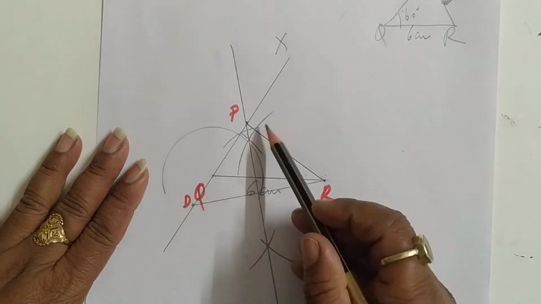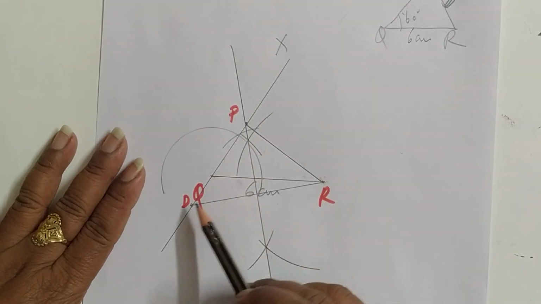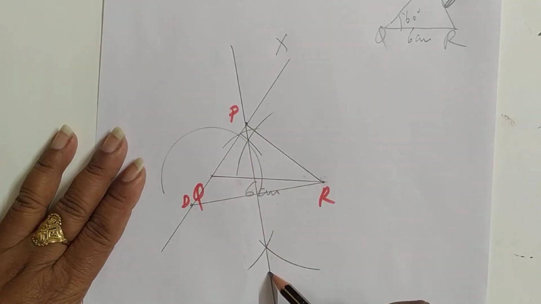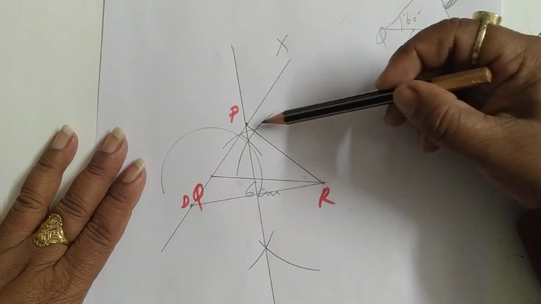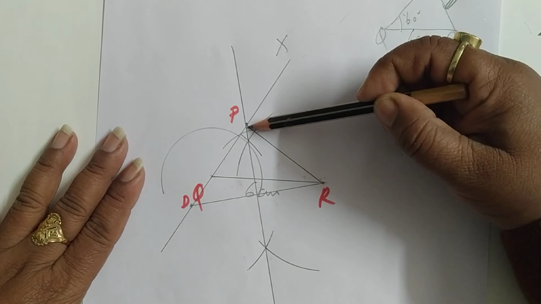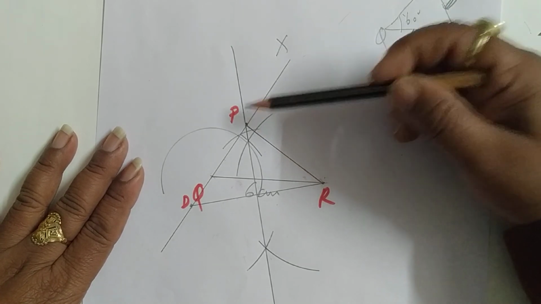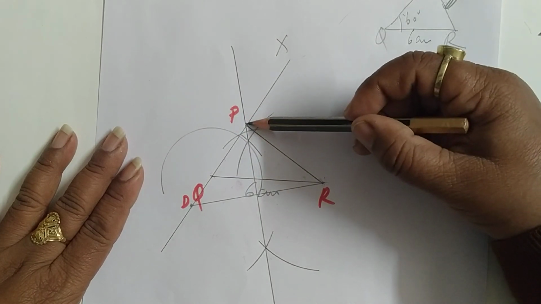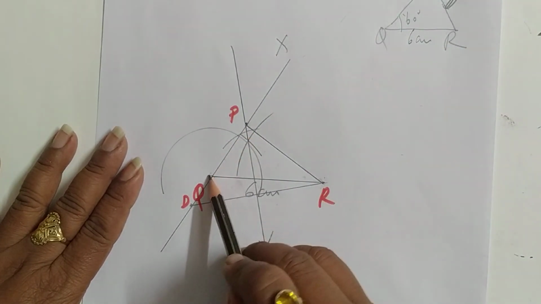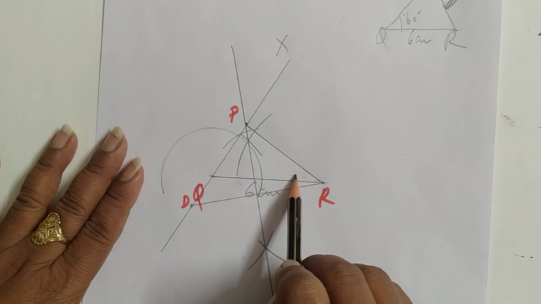Okay, so the very important step, only in this triangle when the second line is greater than the first line, we have to extend the angle line below the baseline. Then we need to find the perpendicular bisector. Wherever the perpendicular bisector cuts the line X, that intersecting point will be the P point. The only one point that is left for the triangle is P, and we will join this P to R and we have got this PQR. This is the required triangle.